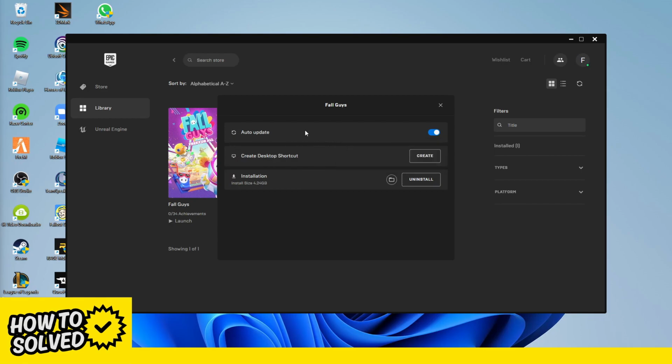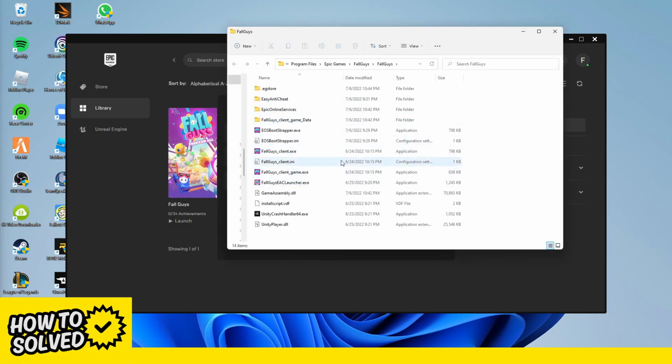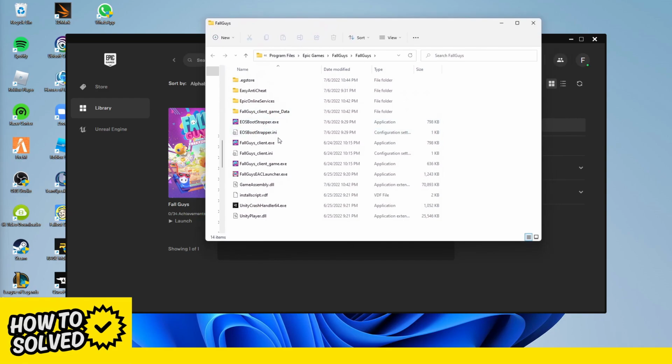And then first of all, I would suggest you to turn auto update on. Awesome. Always makes sense. And then down here at installation, I click on this open installation location icon here. And then when you're in this folder, you can also just find it manually, but I think this is easier. And then when you found this folder, find the application that is called Fall Guys _exe,